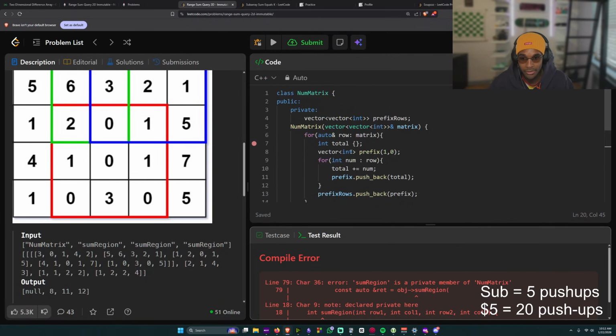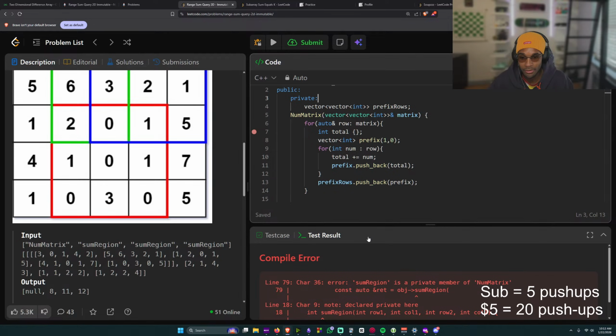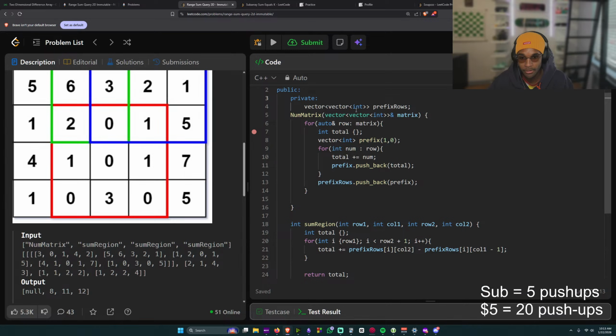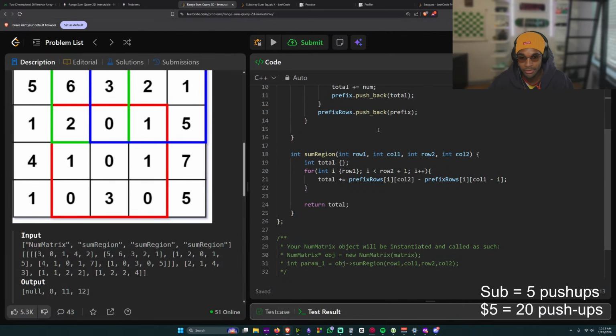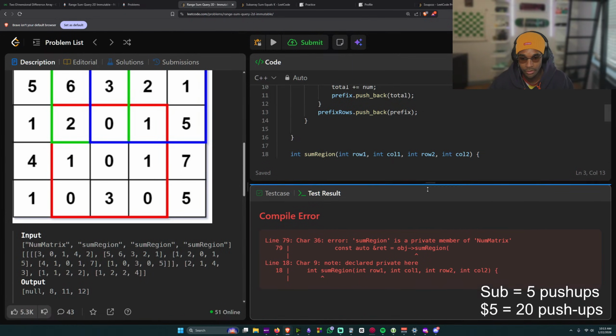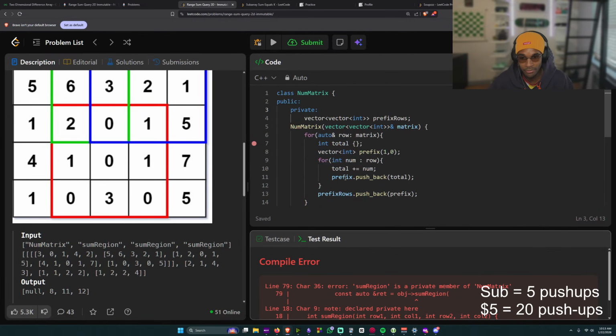Okay. Oh, it's because I made it private. So, okay, that's exactly what I wanted to know. Prefix rows, it can't see it because it's private. Is that what it is? Some region is a private member of NumMatrix.